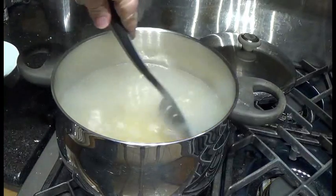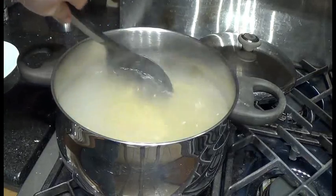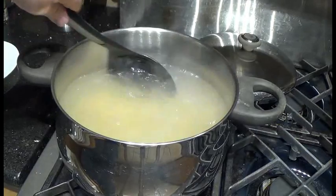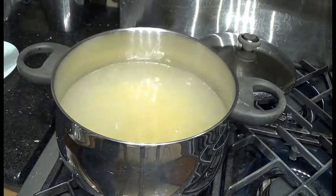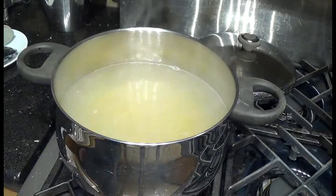Just give that a stir with a strainer, because you do not want it to stick in a clump on the bottom. And if you're not used to cooking pasta at all, do not put the lid back on. If you put the lid back on, it will boil over, guaranteed. And I just cleaned my stove today